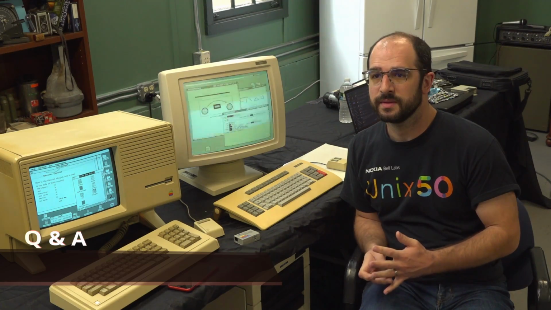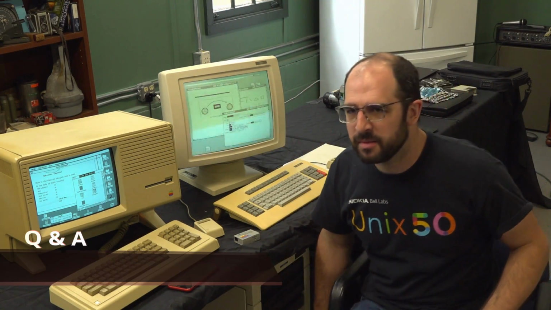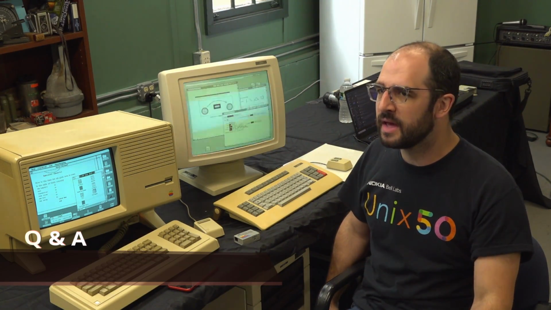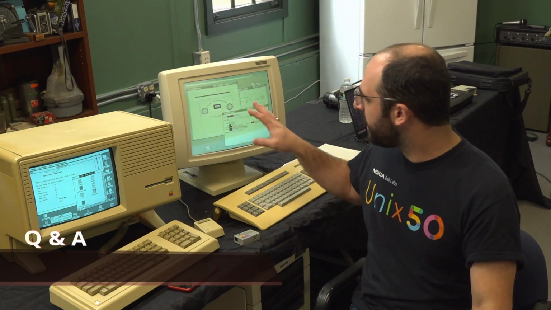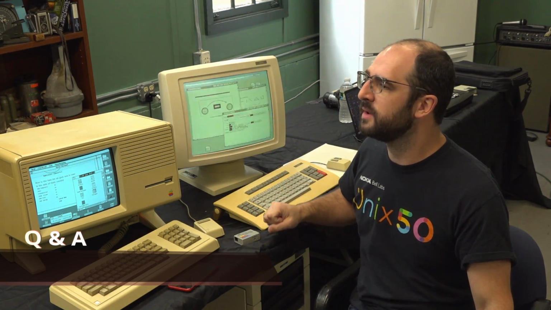People ask me all the time, did Apple steal from Xerox? And everyone says, oh yeah, Apple stole from Xerox, and it's in movies and whatnot. And yes, there are elements and paradigms that are implemented in the Lisa that are present on the Xerox. But